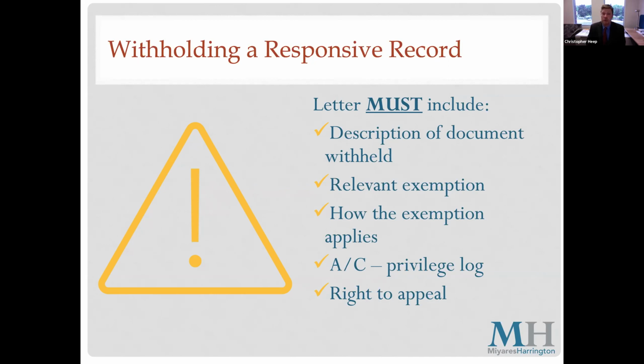In some cases, if a document is subject to the attorney-client privilege, it may also be necessary to provide a log of the communications that are being withheld. This type of response also needs to note that the requesting party has a right to appeal our response to the supervisor of public records or to Superior Court.